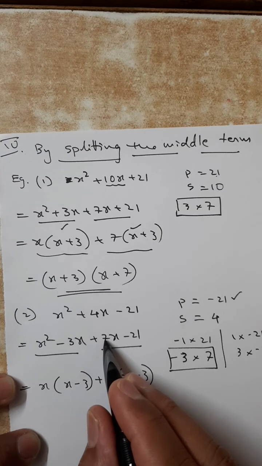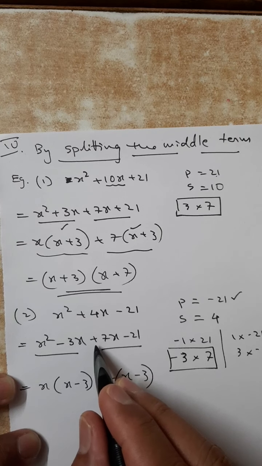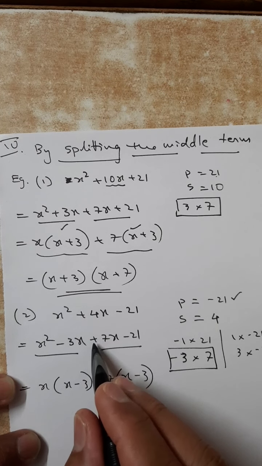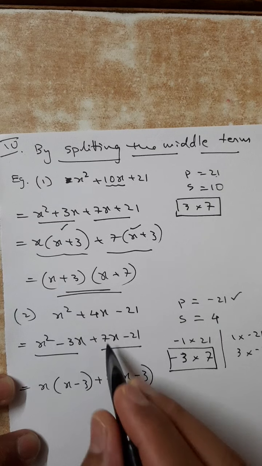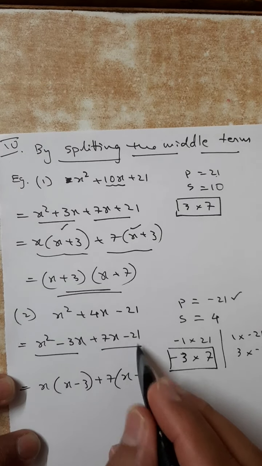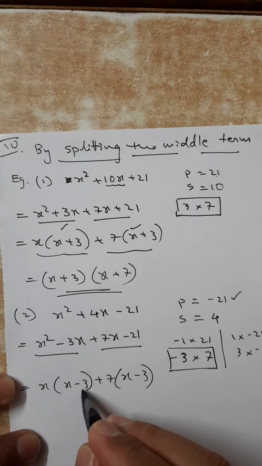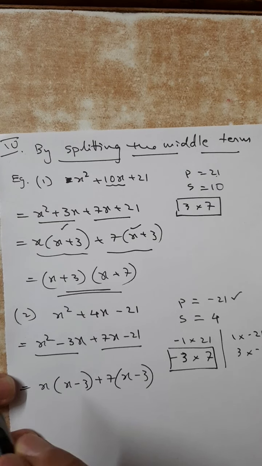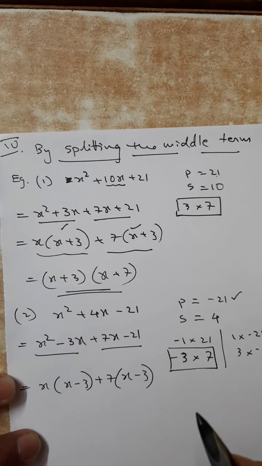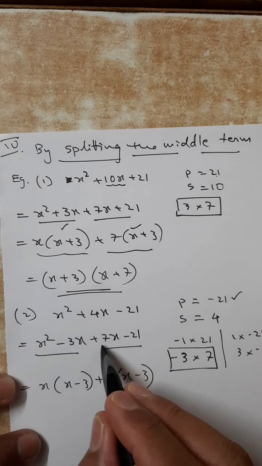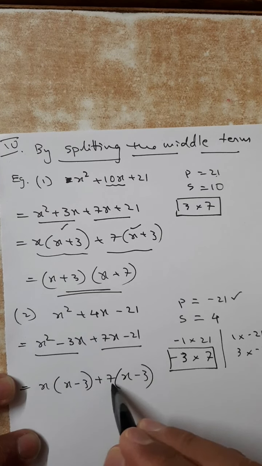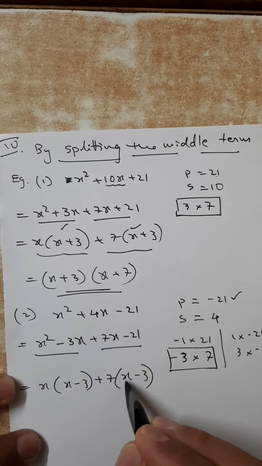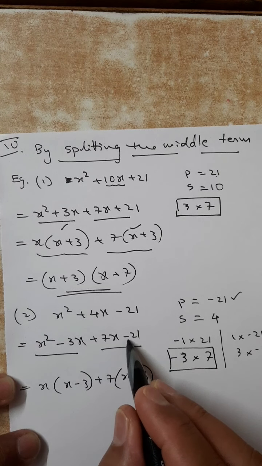If I take minus 7 outside, then minus x will come and plus 3 will come. I don't want plus 3, I need minus 3 only. So I am not taking minus 7. Are you understanding? In one question I explained where we took a minus outside. Here we need not take the minus outside. Plus 7 is taken, so x remains here. Only plus 7 is gone, so nothing happened to the minus.